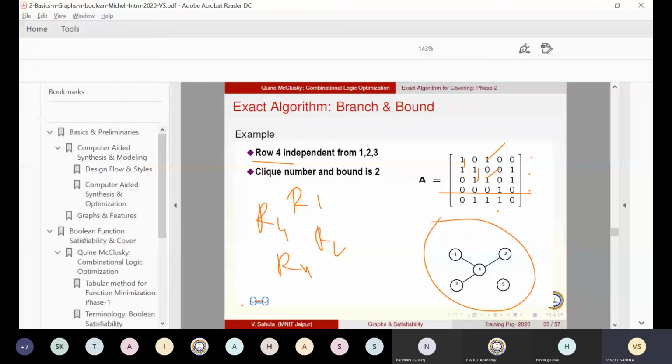So cost of this matrix to cover is only 2 columns because only 4th row needs a column, and because whosoever covers 4 cannot cover 2, so I need another column for 2. So cost of this number of columns required is 2 here because only 2 vertices are having independence. This is the bound. This is the bound computation.